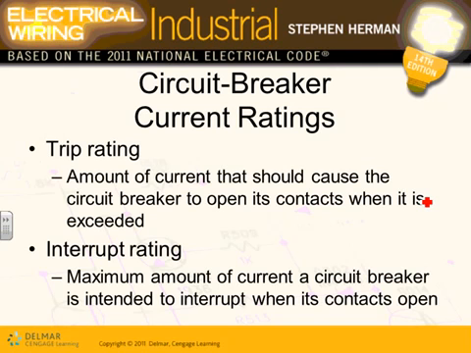Circuit breakers as well as fuses, guys, have two ratings. One of them is called the trip rating. This is, say, a 20 amp circuit breaker, the amount of current that should cause the circuit breaker to open its contacts when it's exceeded. So if you have a 20 amp circuit breaker, guys, that's called the trip rating. The interrupting rating,